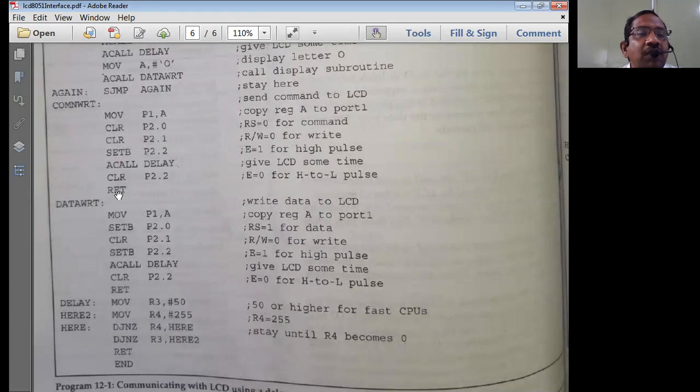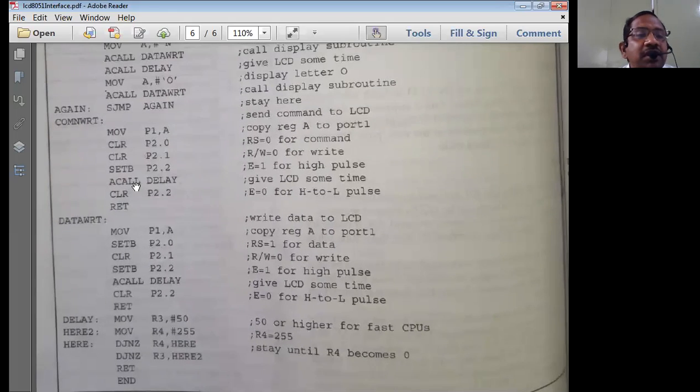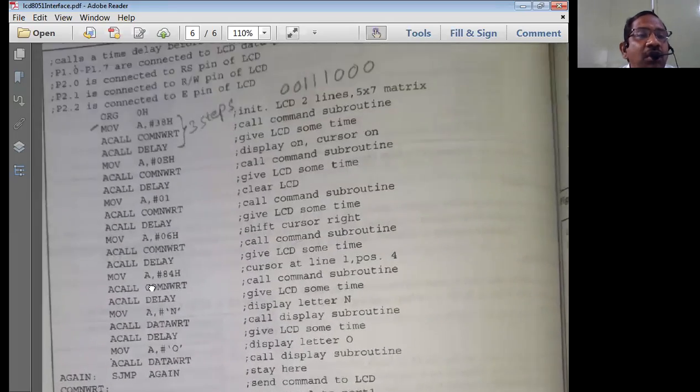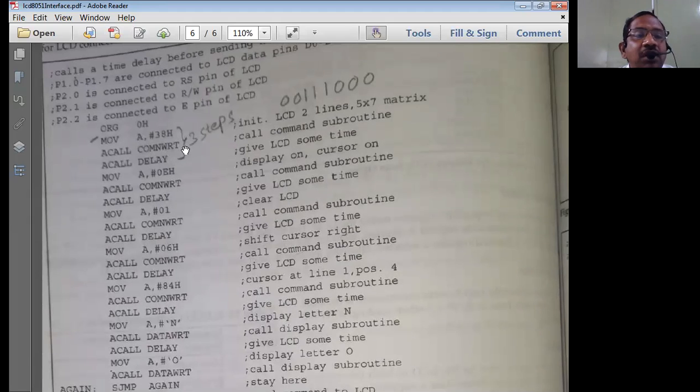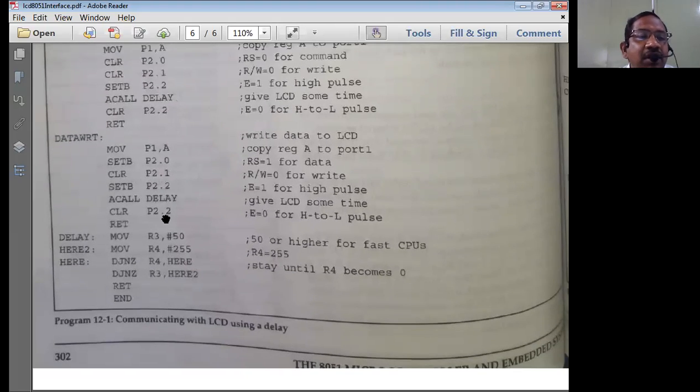After this, we have a statement called return, where the control will go to where I called this program. Control comes to the next instruction, called delay. Absolute call, call delay means once again control goes to the delay program. Already we have seen the delay program. It simply wastes some time.